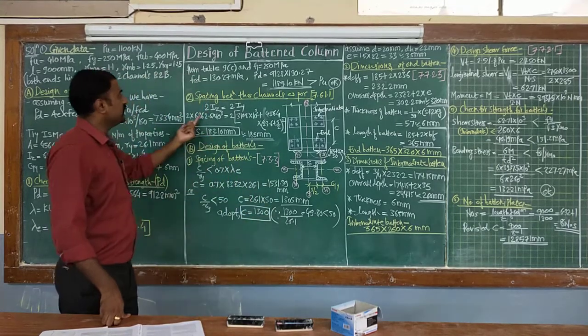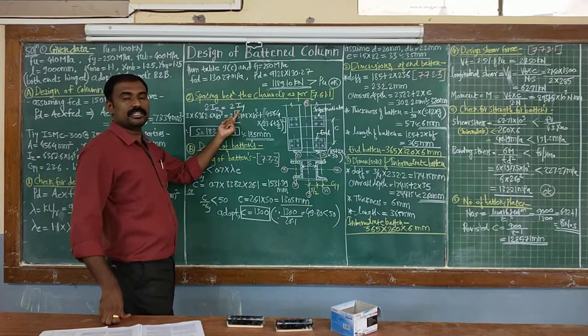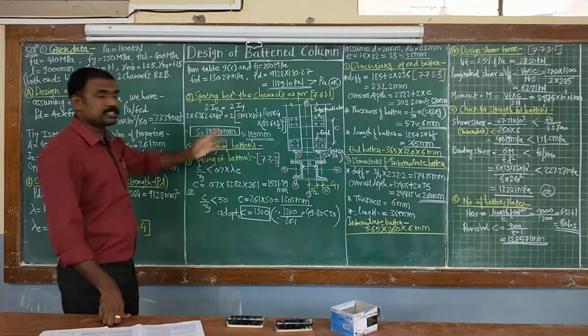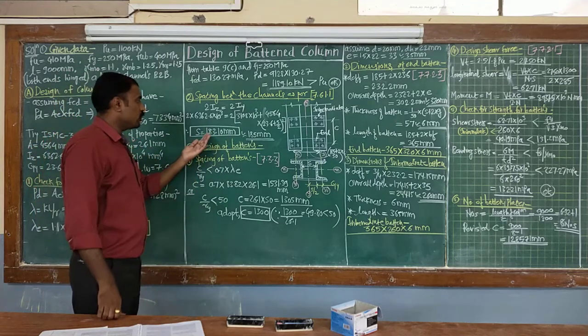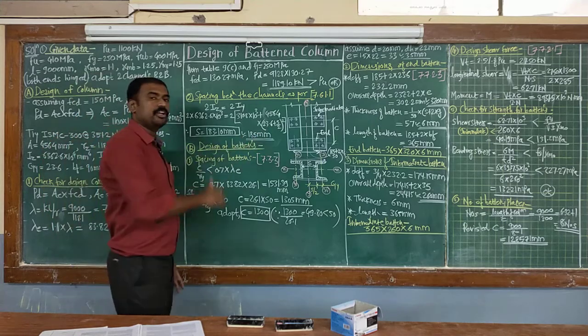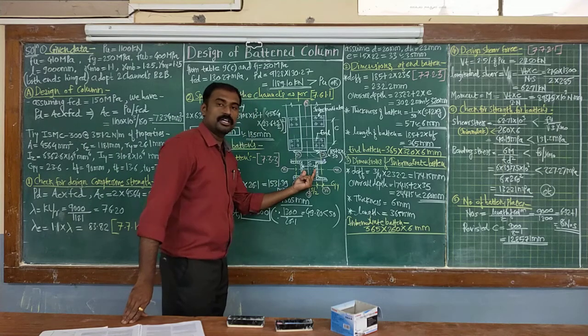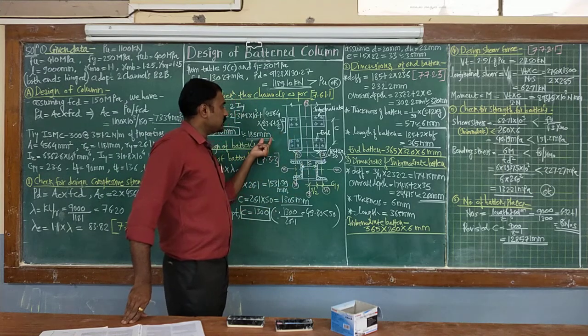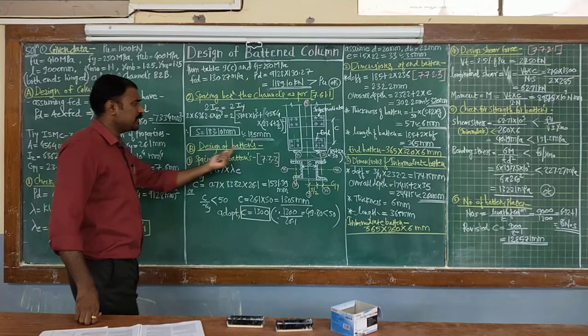So therefore I am equating 2 times moment of inertia along the z side should be equal to moment of inertia along the y side. Already this same step we have performed in the previous video also, and we are getting spacing equal to 183.10 mm. So I will round off that value to 185 mm for this numerical. So here now the spacing between the channels is defined, and that is equal to 185 mm. Now in the next step, design of your battens.